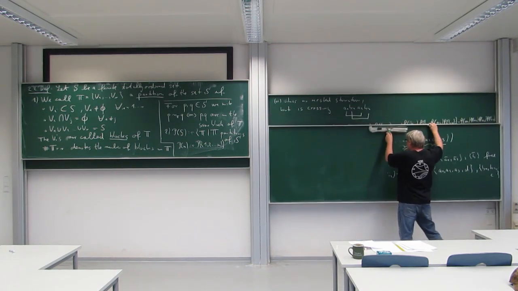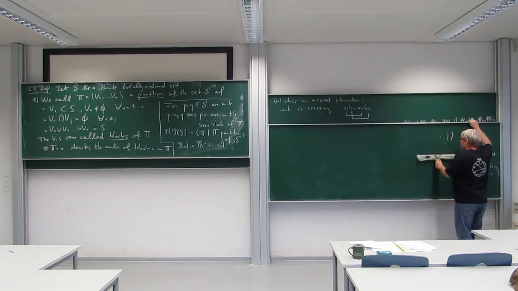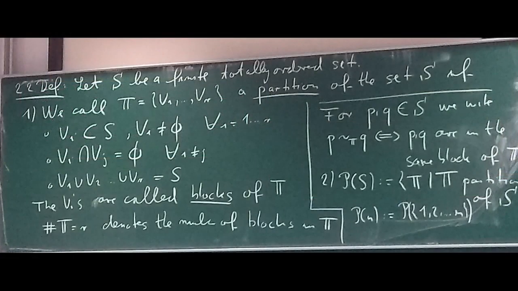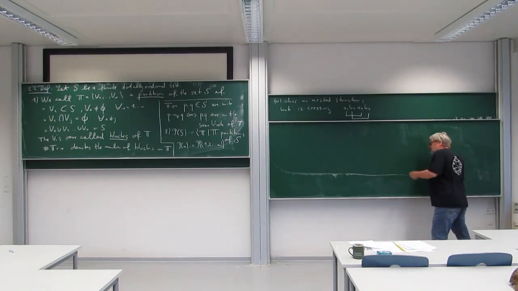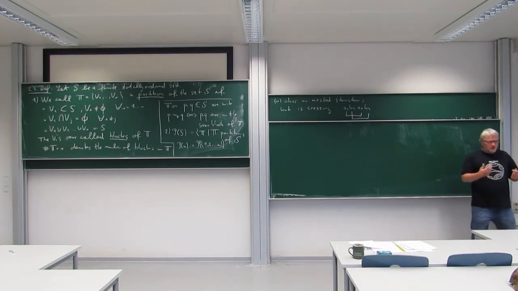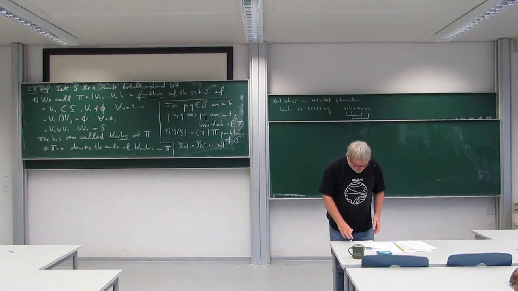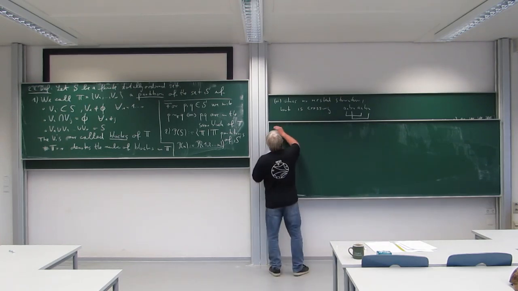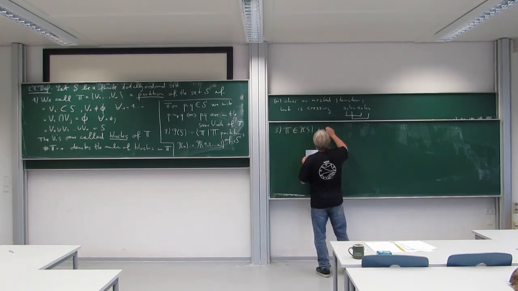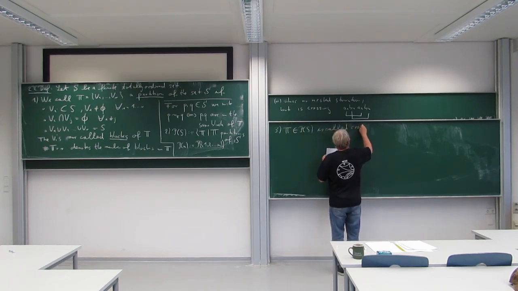And in order to define non-crossing, we say non-crossing means that it's not crossing. So essentially we have to define what it means to be crossing. And crossing in this picture means that I have two blocks which have this crossing. So crossing means I find at least two blocks which have a crossing, and non-crossing means that such a situation doesn't happen. Okay, so let us define: a partition of the set S is crossing